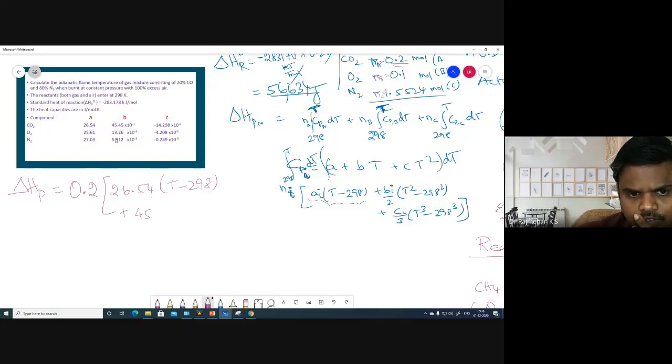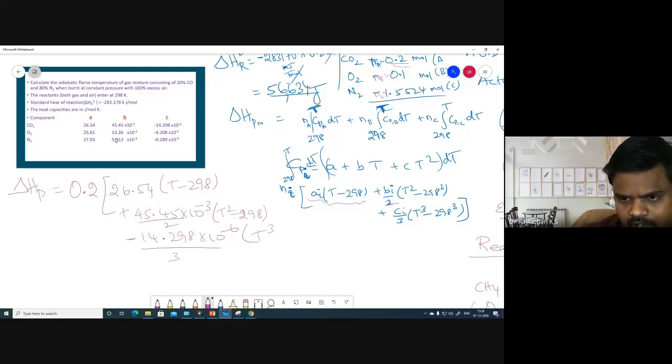plus 45.45 into 10 power minus 3 into, if we integrate, we get (T square minus 298 square), and minus 14.298 into 10 power minus 6 into, remember this will be divided by 2, this will be divided by 3. In the integration, A becomes A T, then substituting the limits T1 minus T2,